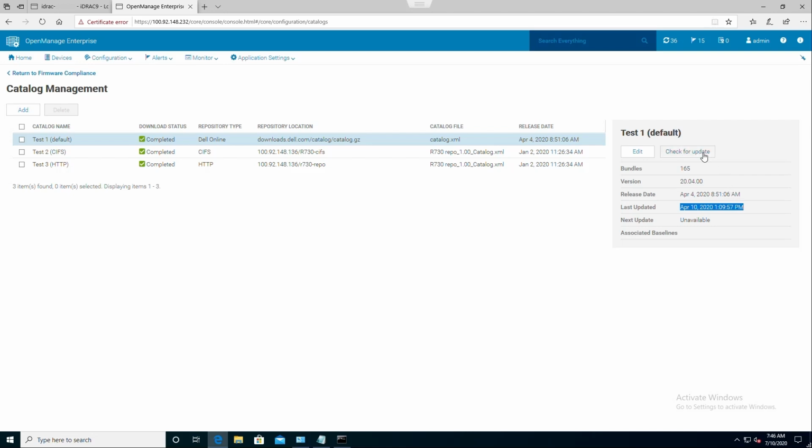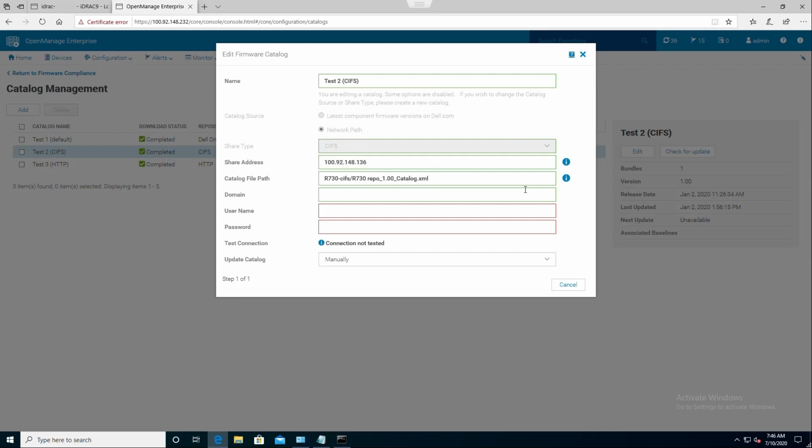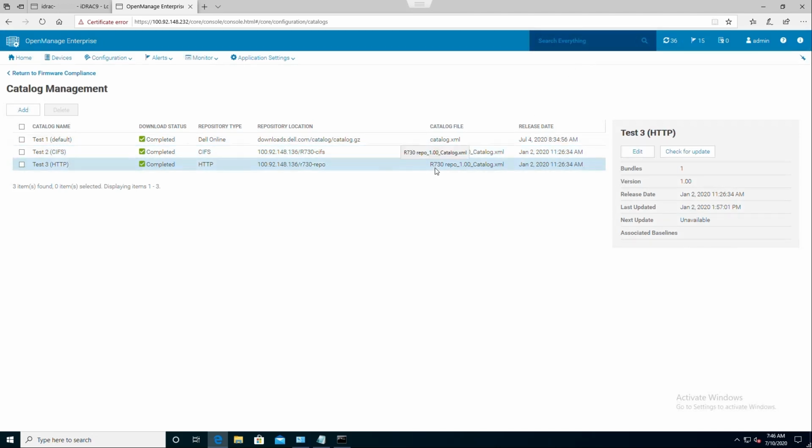Let's click on Check for Update so we have the latest version. Now we see it shows July 10th, 2020, so we know it is up to date. You'll notice we can also use CIFS and HTTP. If you click Edit, you can see the layout. We'll go down to HTTP and show the layout here.